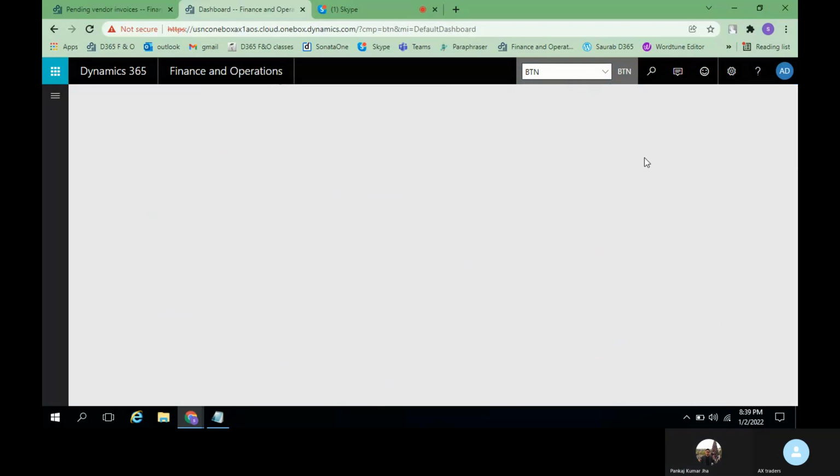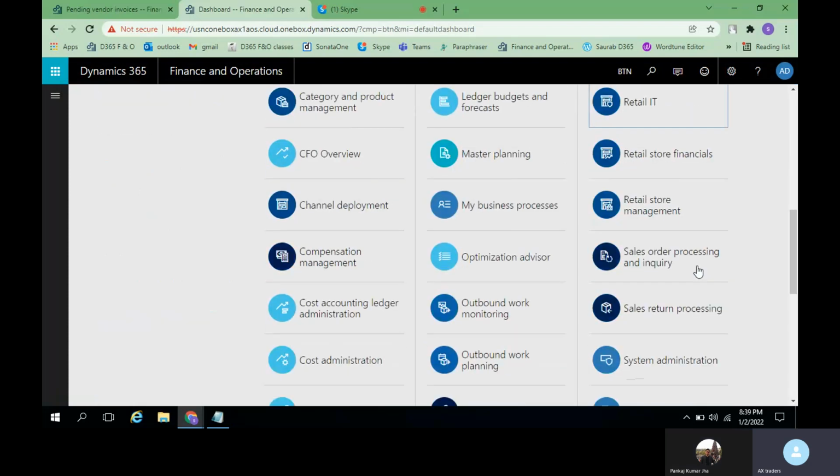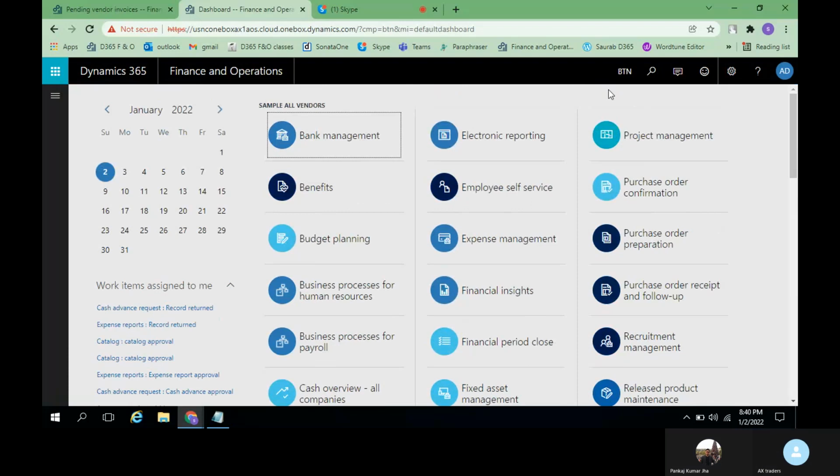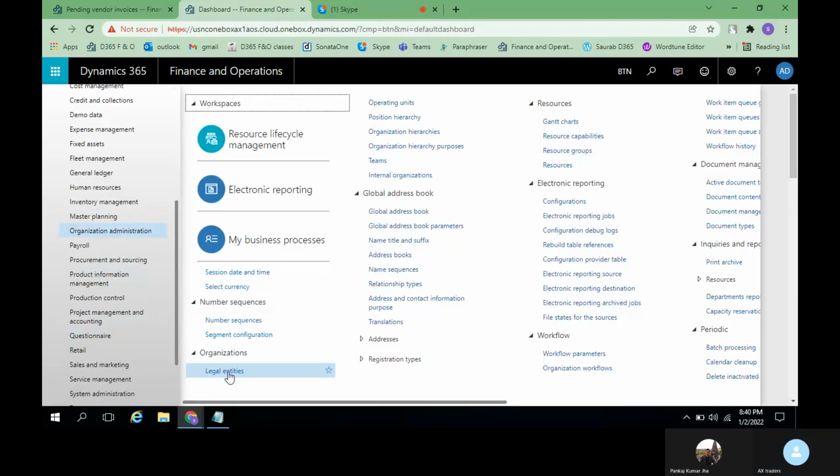Now, whatever activities you are going to perform, all these activities will be done under the name of Britannia Company. We will discuss one more topic under organization administration, under legal entity itself.